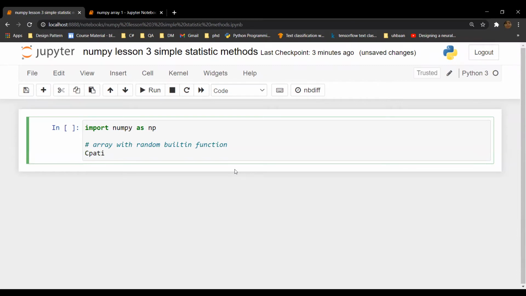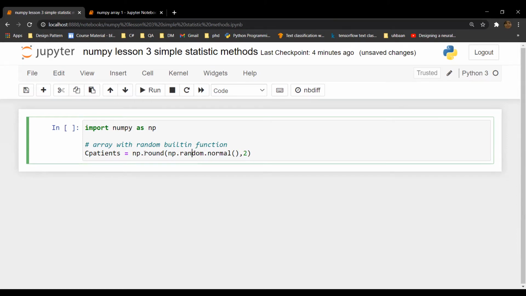C patients is equal to np dot round, so that we can round values to a certain precision like 2, and the first parameter is going to be np dot random dot normal. np dot random dot normal is a built-in function that creates a normal distribution.